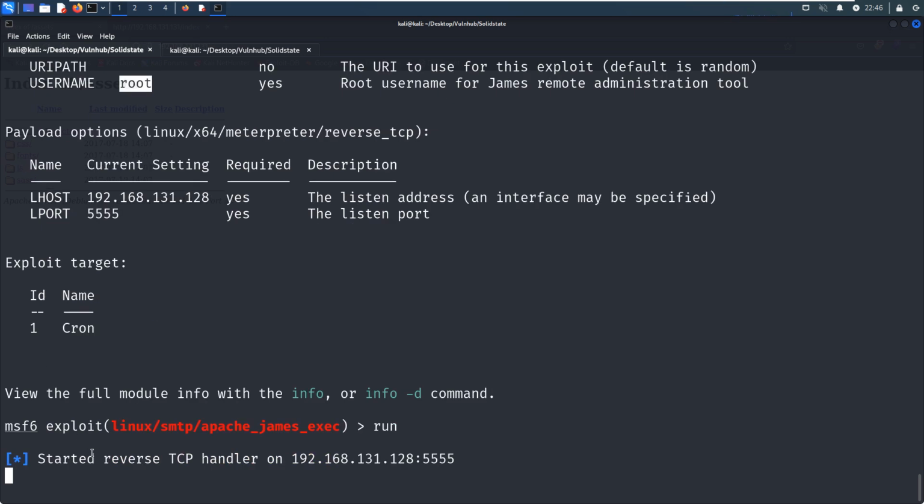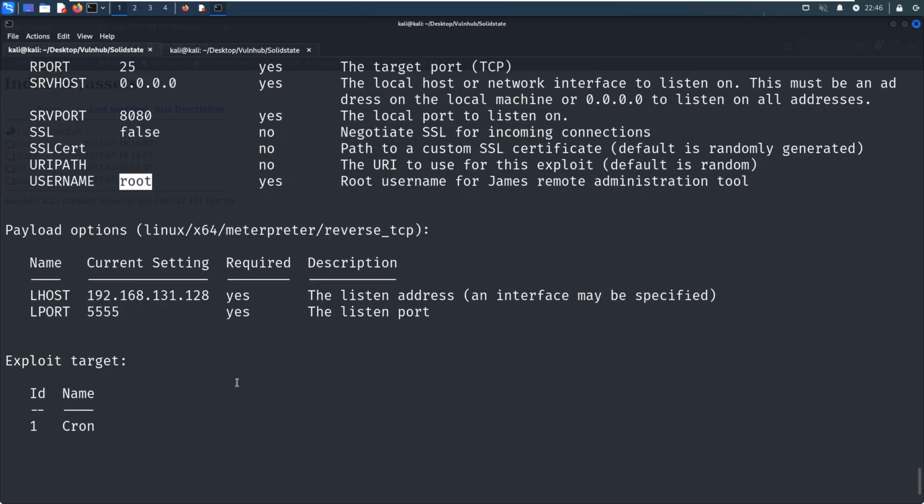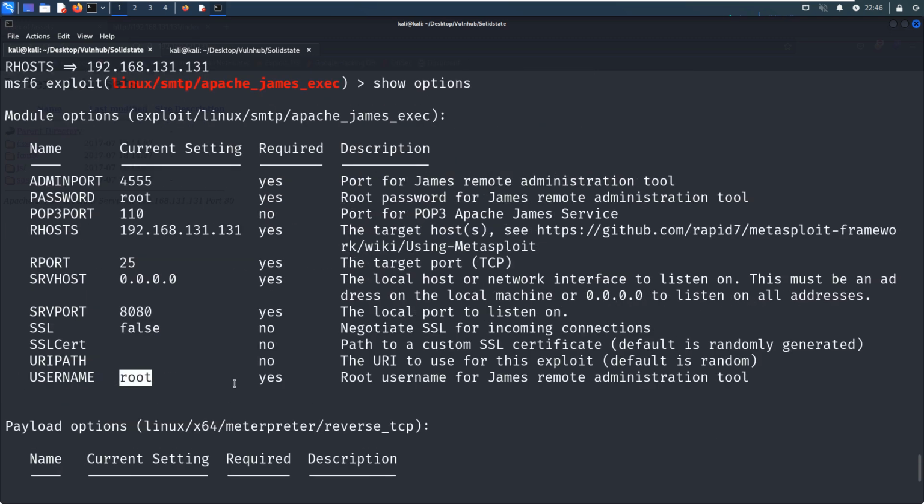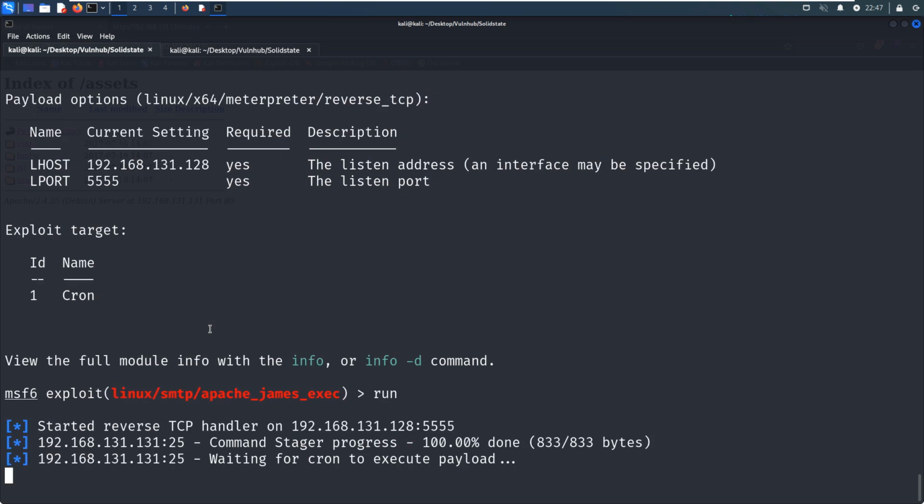And as you can see, the reverse TCP handler has started, waiting for the connection from the target. Of course, the next step would be sending the payload to the target, because the target is vulnerable. So maybe we need to change this host, but I don't think it matters.